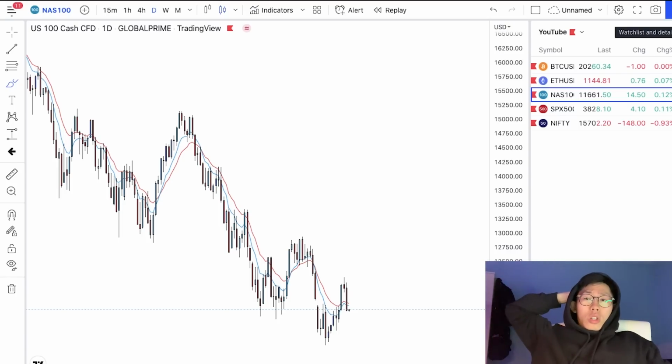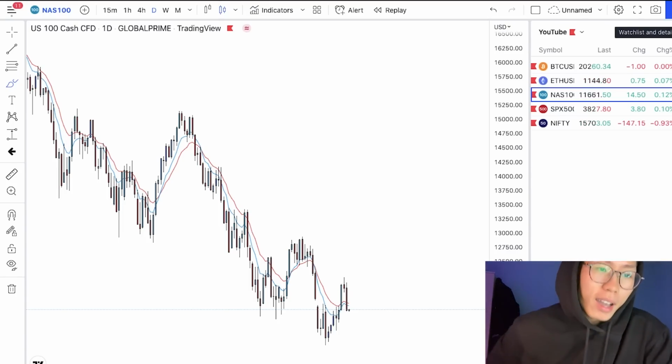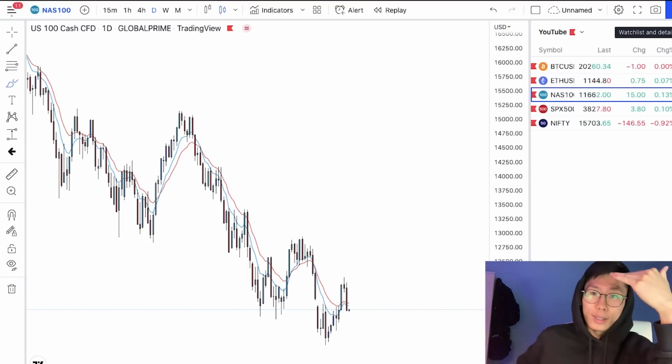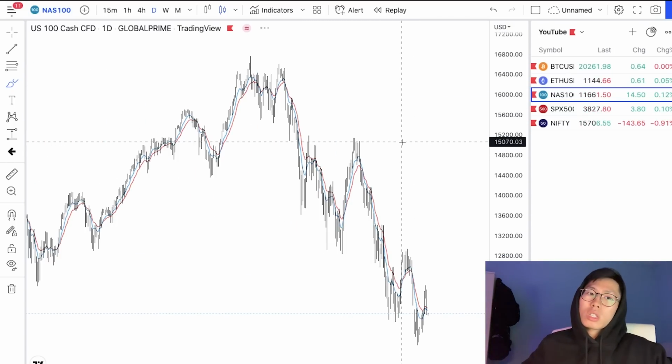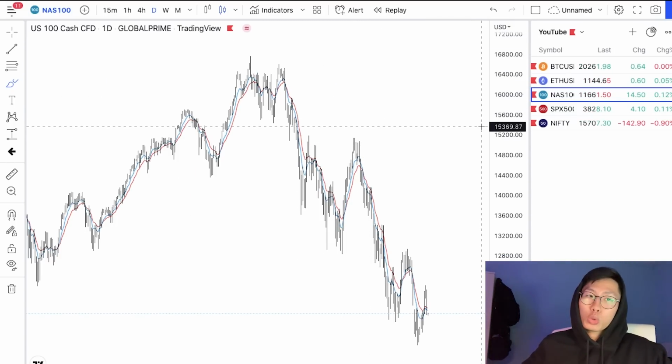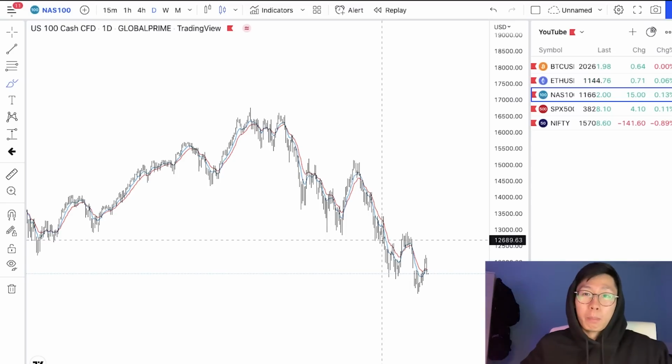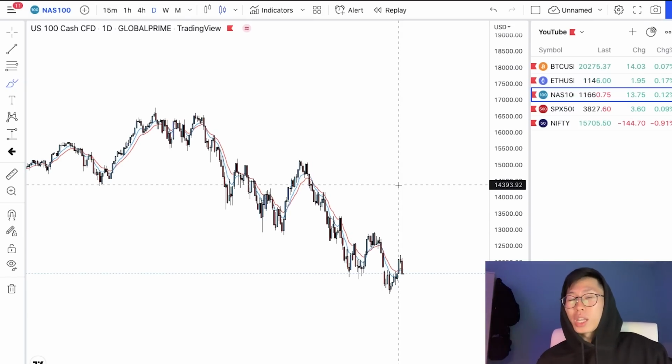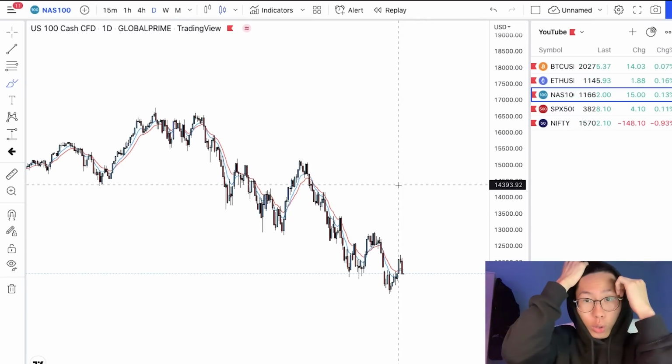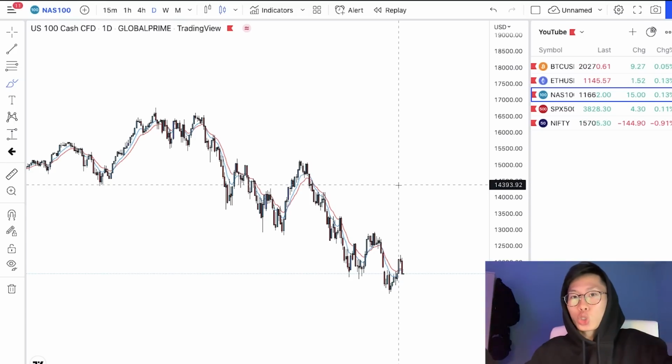So in regards to the stock market, I do feel that there might be more room for the stock market to drop. Honestly, as much as I do not like this, as much as I want to stay bullish on the stock market, because I have a lot of money in the stock market, I'm talking about over six figures, as much as I want the stocks to go up right now, I really wish the situation will get better, but honestly, it's going to get worse before it gets better. That is honestly the truth, even though I do not like to hear the truth. But the truth hurts, right?